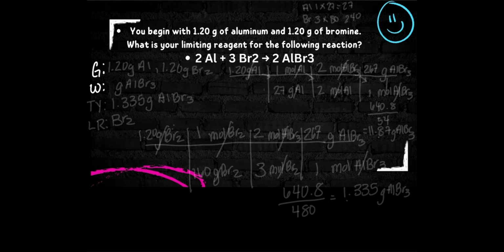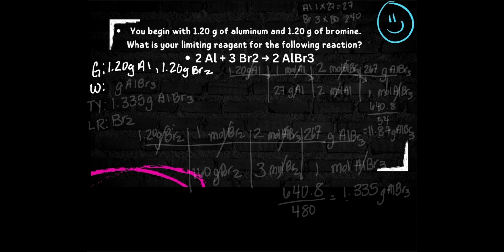Now, as you can see, when it comes to limiting reagent or reactant, that's the same thing. You are given two givens, okay? So the first given that we have is 1.20 grams of aluminum. And then our second one is 1.20 grams of Br2. Okay. Then when we read the question,